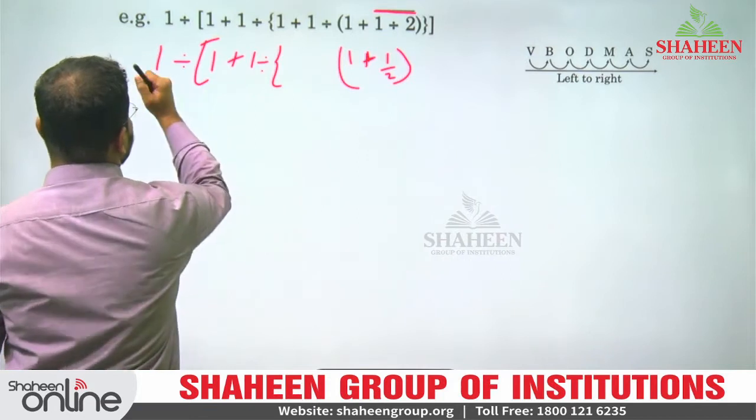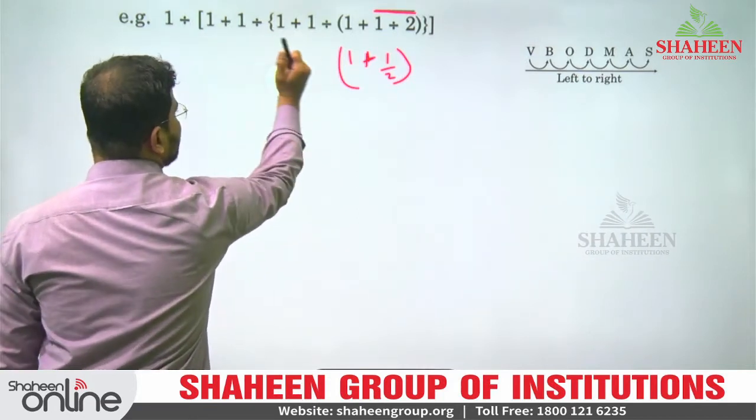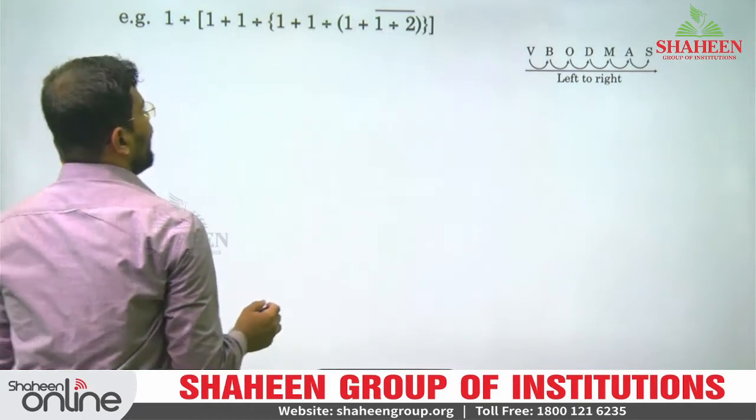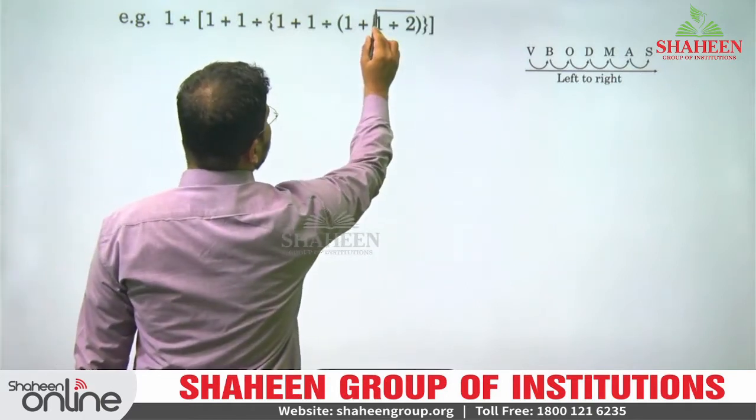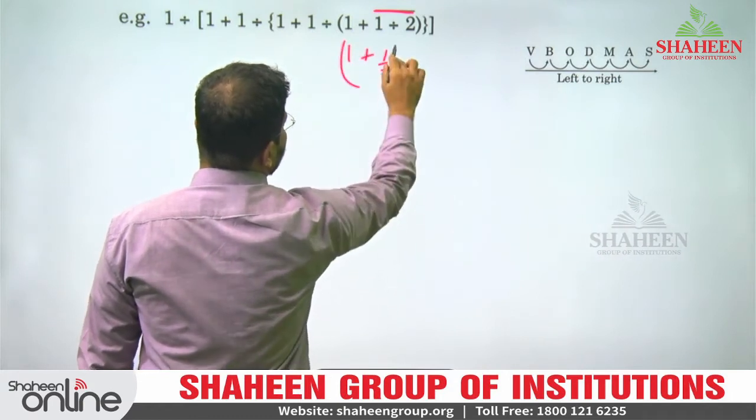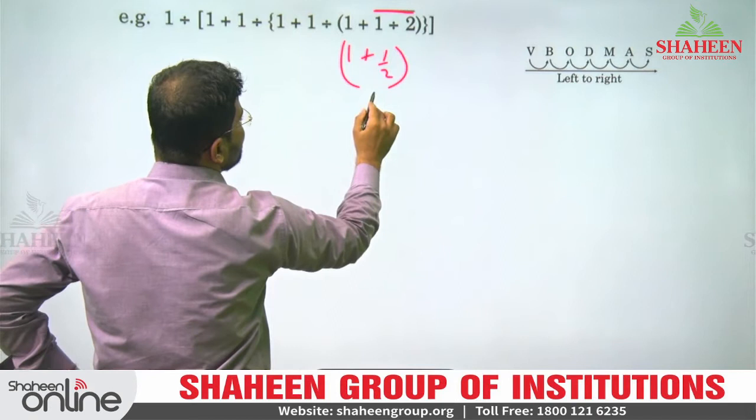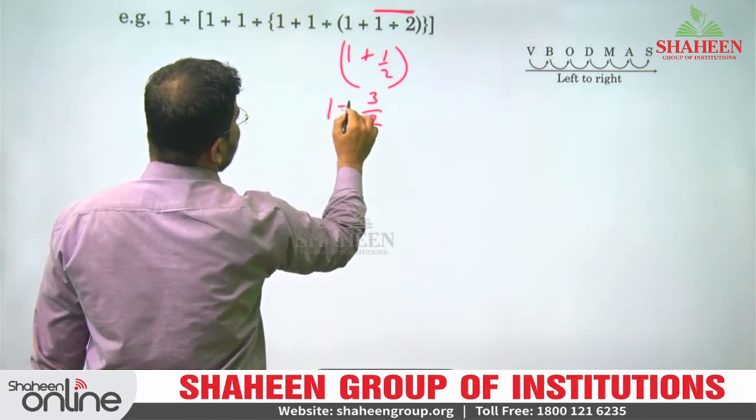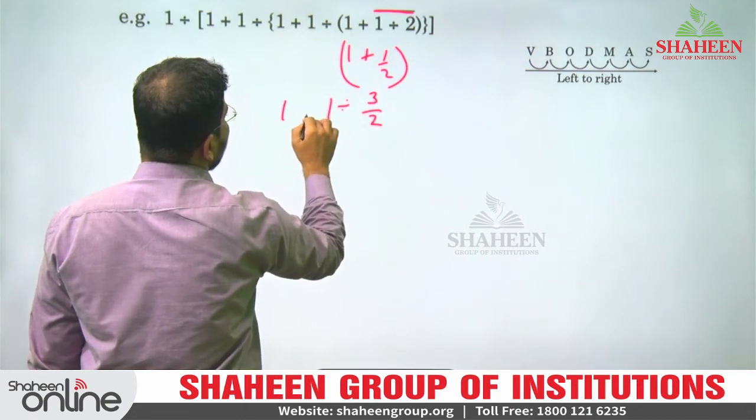Friends, now I will write only those things which are necessary here. Okay, here 1 plus, this is 1 by 2. How much is it? 2 plus 1, this becomes 3 by 2. If this is 3 by 2, then 1 divided by 3 by 2, 1 plus,